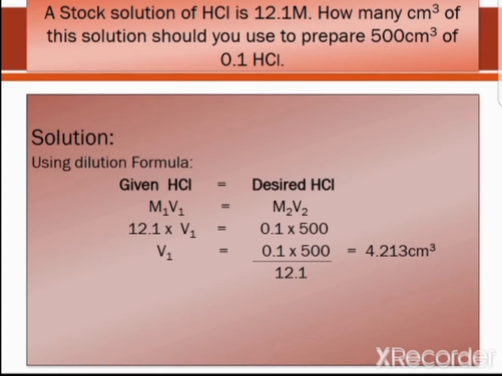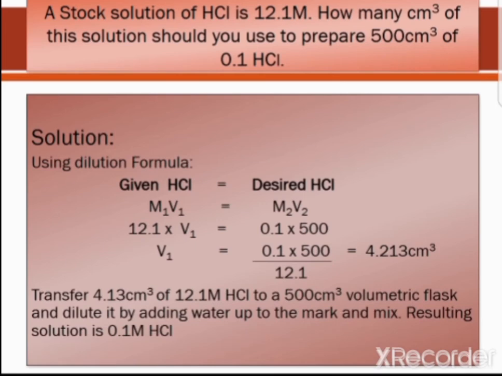So V1 is equal to 0.1 into 500 divided by 12.1. Answer is 4.213. Now for the preparation of this solution, we will transfer 4.213 cubic centimeter of 12.1 molar HCl to a